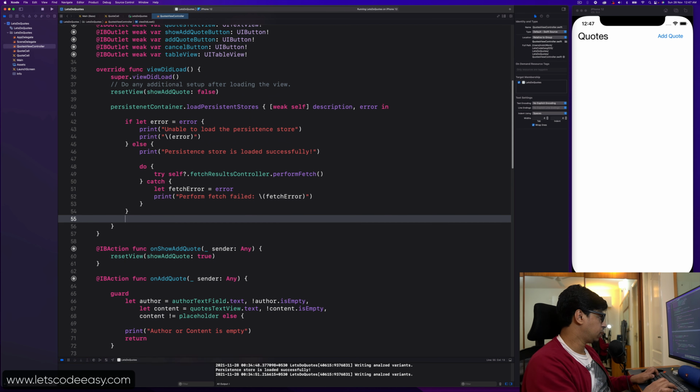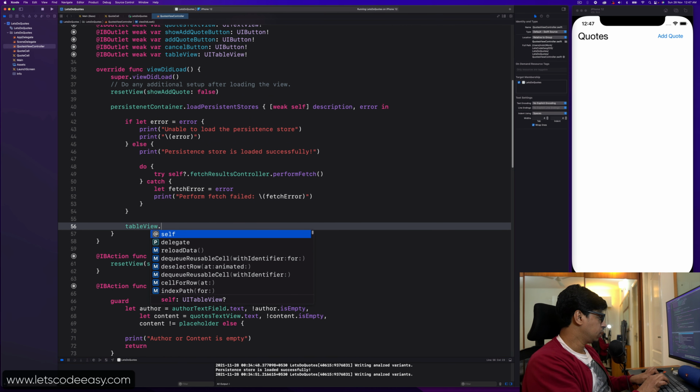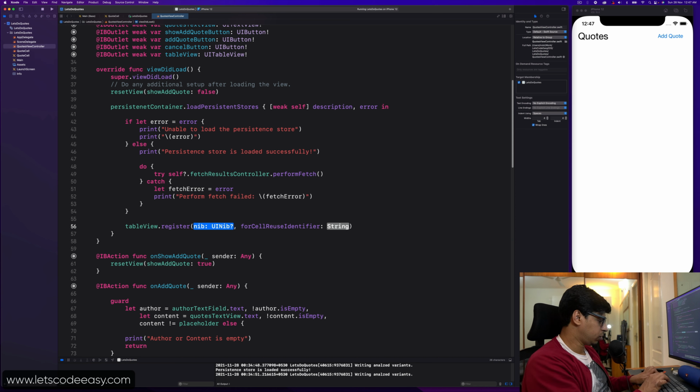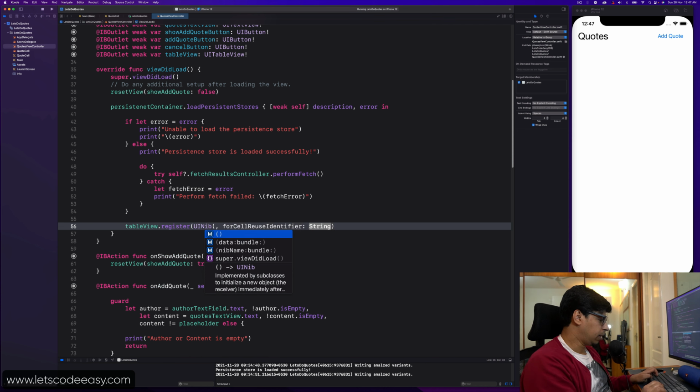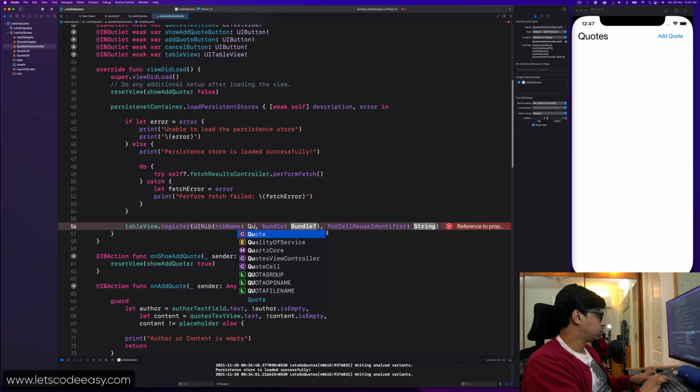So I'm just going to say tableView dot register nib with identifier. So I'm just going to say UINib and name that nib. Nib is going to be, I'm just going to call it quote